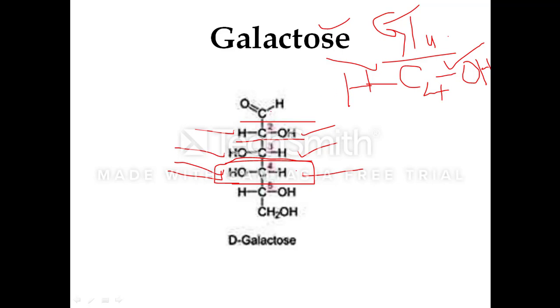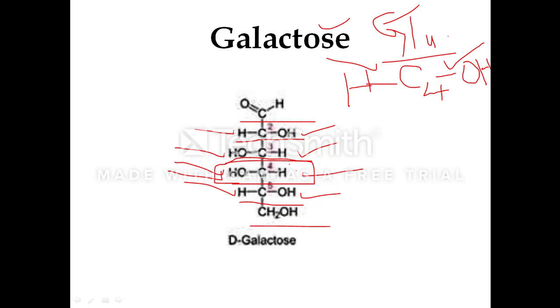And at the C5 position, in the case of galactose, we have OH towards the right side and H towards the left side. So the configuration of the C5 carbon atom is similar in both galactose and glucose. At the 6th position, as usual, we have CH2OH. So this is the Fischer projection structure of galactose, which is similar to glucose except at the C4 carbon atom.